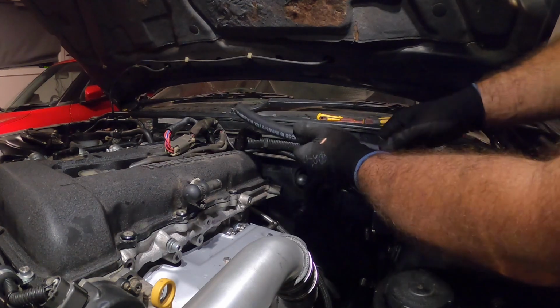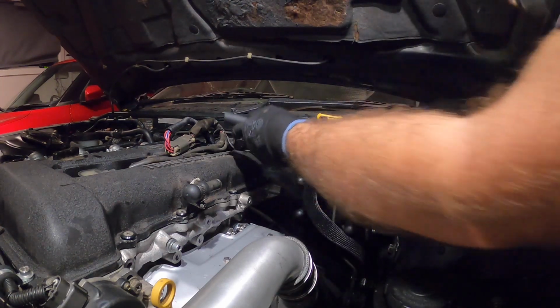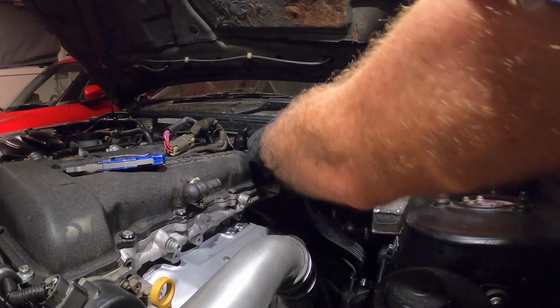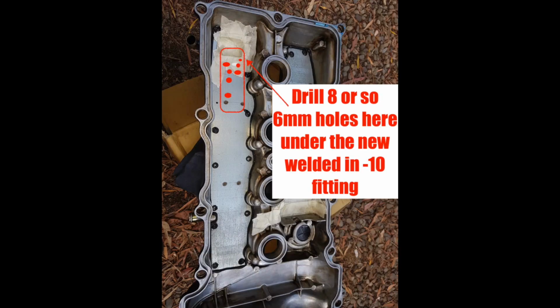So I'm just gonna do a quick video on my oil catch can setup. It's a pretty simple way to do it. There's a little bit of work involved. It's basically you take the cover off and, as you can see here, drill the holes here just